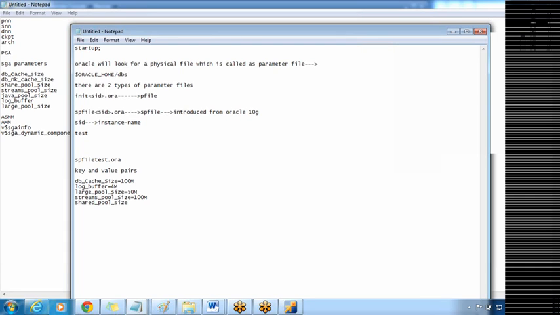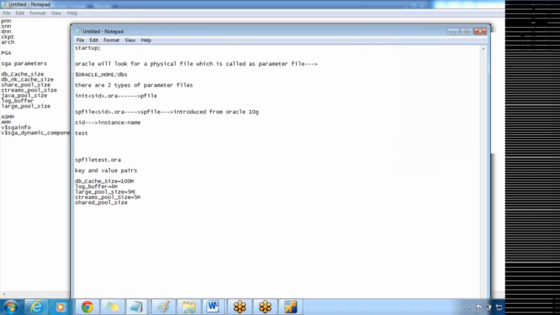And for shared pool size, streams pool and large pool, you can go for a smaller value, because those are optional components and will be used only occasionally. For example, large pool will be used whenever you perform a backup, and streams pool will be used whenever you use Oracle Streams. So for those components, we'll specify a very small size, and you already know log buffer should be in the smaller size,